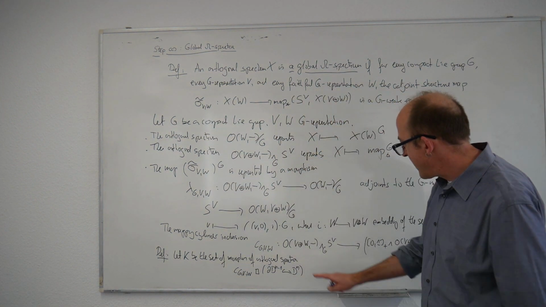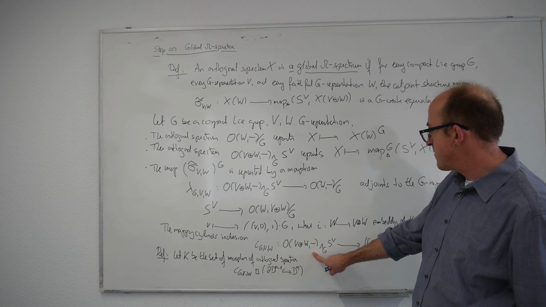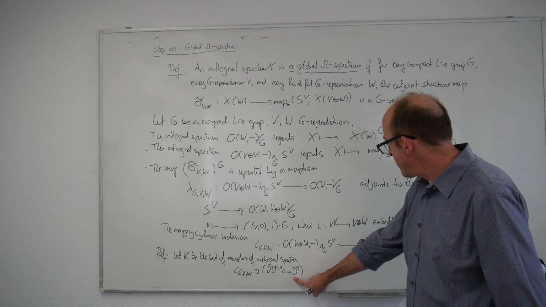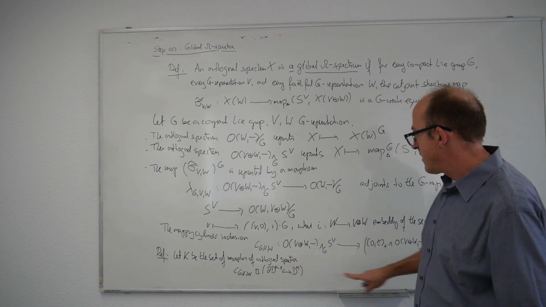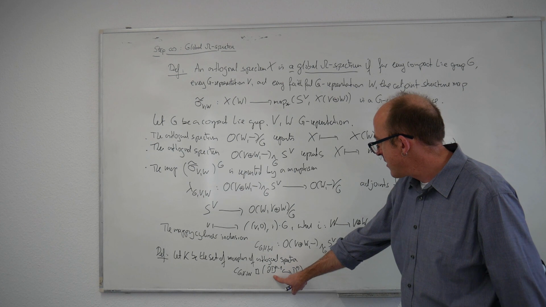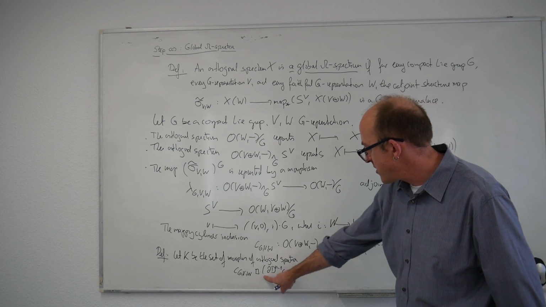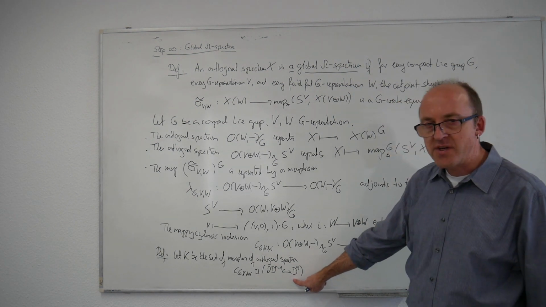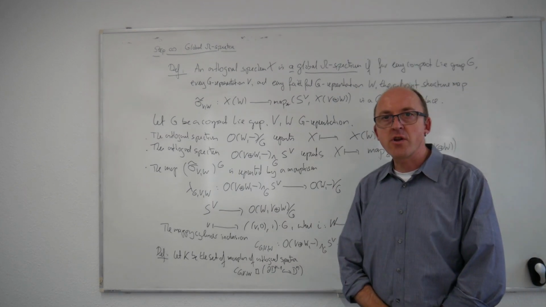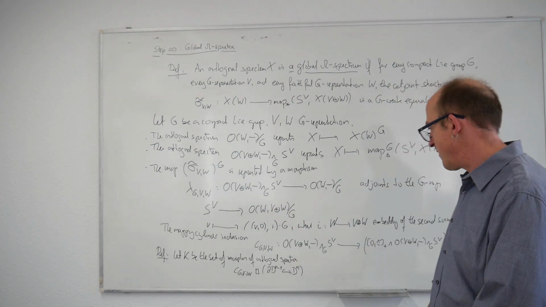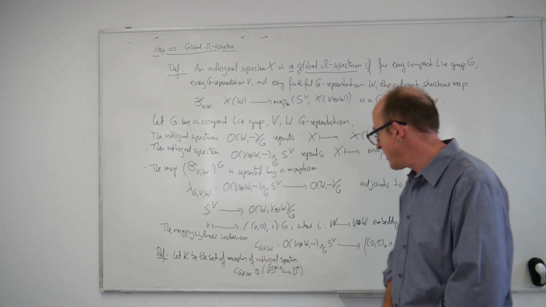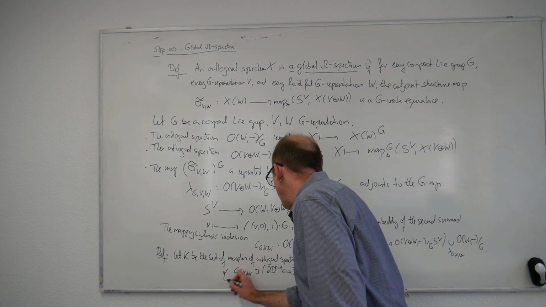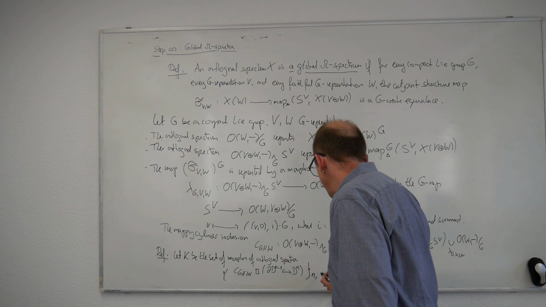So this means I take the source smashed with D^n plus, union with the target smashed with boundary D^n plus, over the source smashed with boundary D^n plus, and then mapping to the target smashed with D^n plus. This is the box product construction, the monoidal product if you have a morphism of orthogonal spectra and a map of spaces. And I take the set of all these, running over n, G,